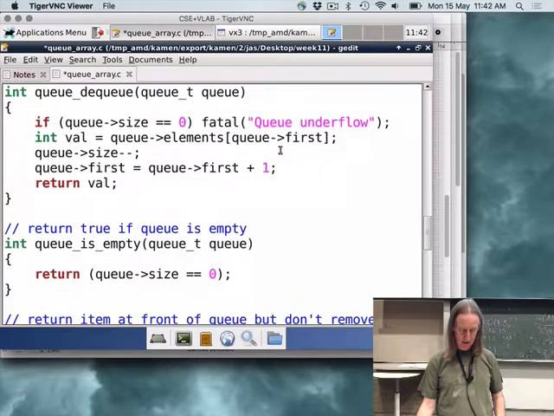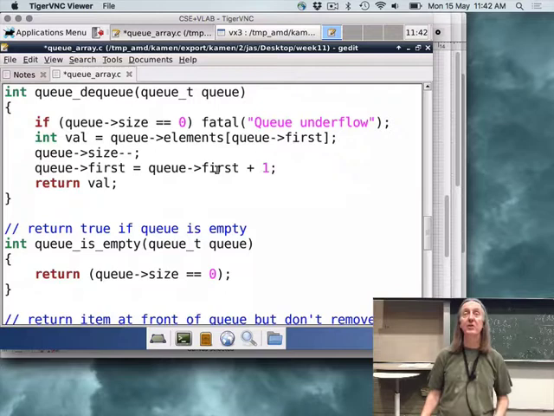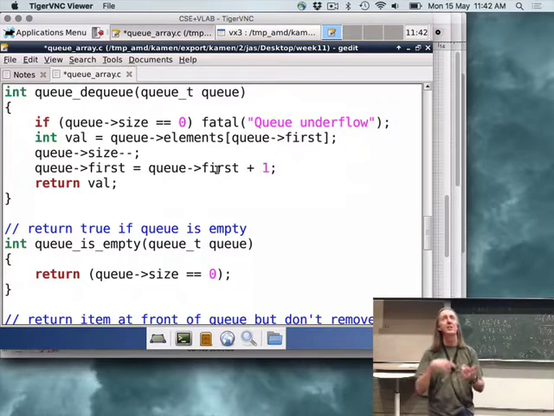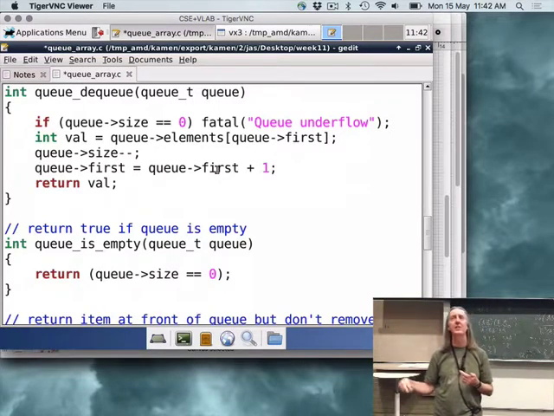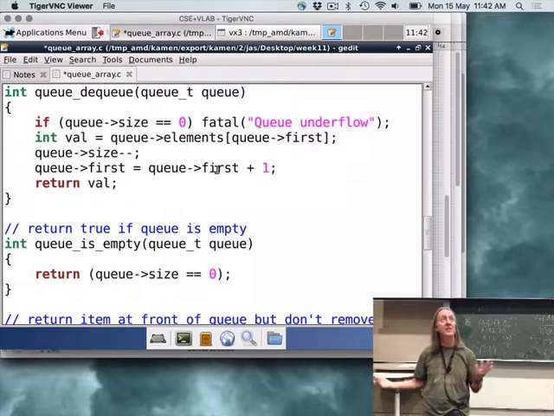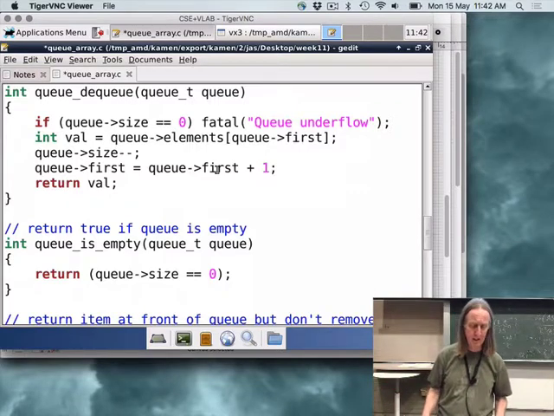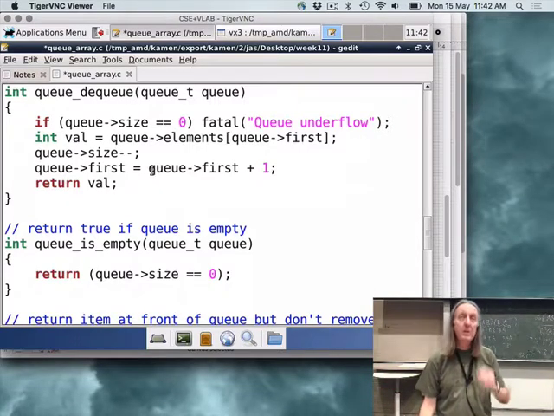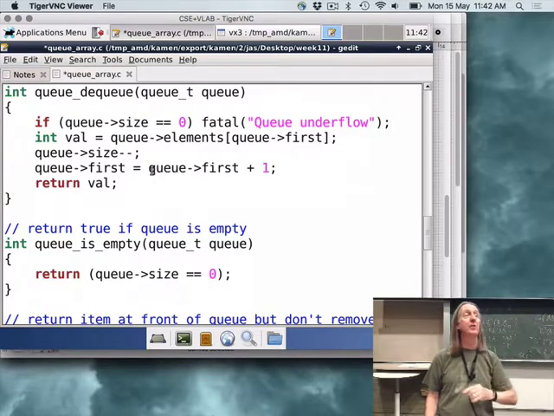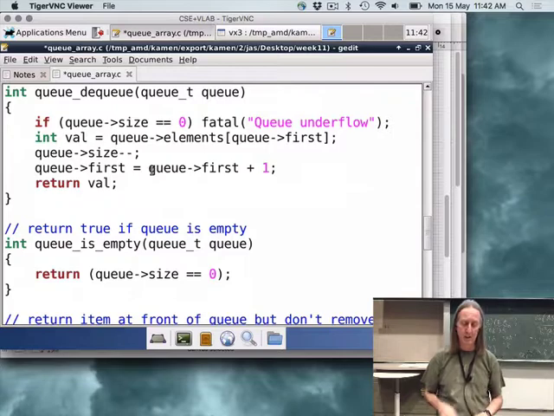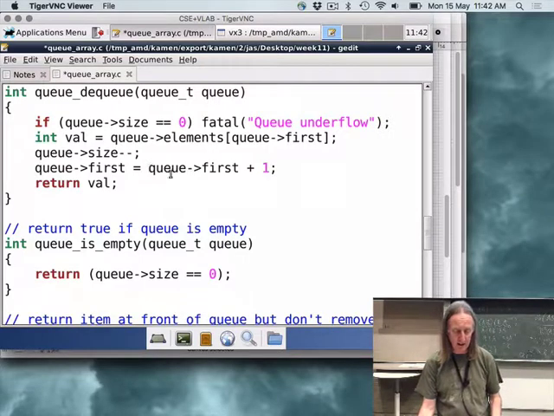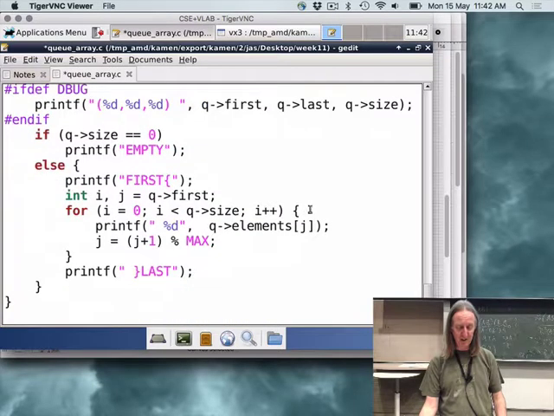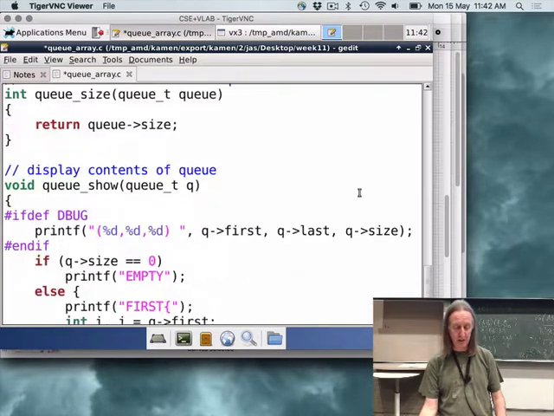So if we go back to here, we're simply incrementing first, and first is going to go from 0 to 1 to 2 to 3 to 4 to 5. It's never going to go back to the start. So we want to have some kind of way of making sure that when we reach the maximum value, we go back to 0. And the way to do that is just to use mod, which if you were looking carefully, you would have seen it down here. So this is actually the thing that we need to do for wrapping.